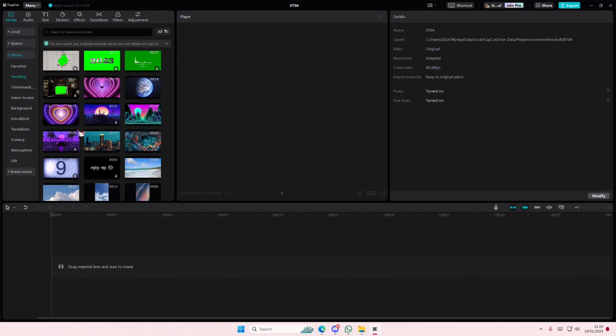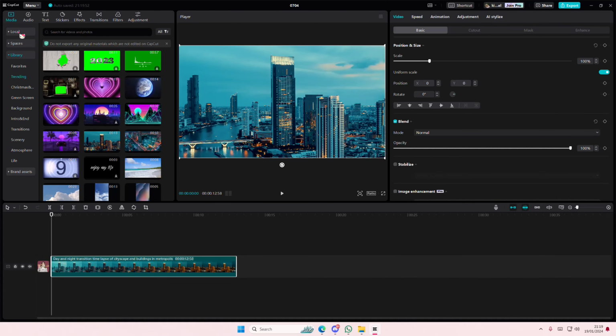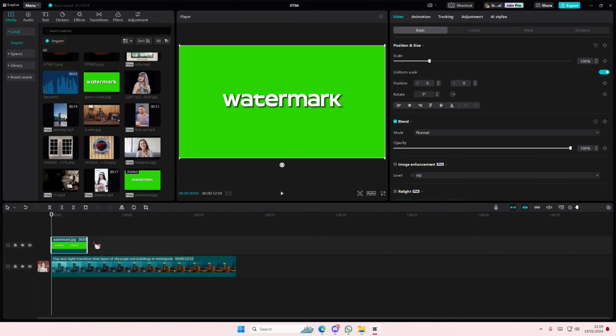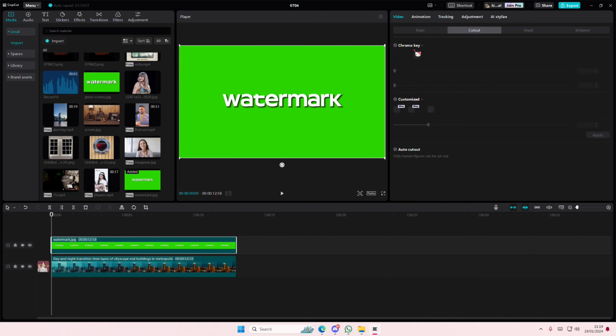And then I'm going to choose like a video like this one. Go to local and add in that watermark. Stretch it and go to cutout, select chroma key, select color picker and select the green bit, adjust the strength